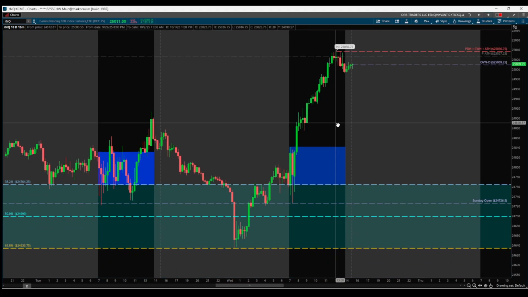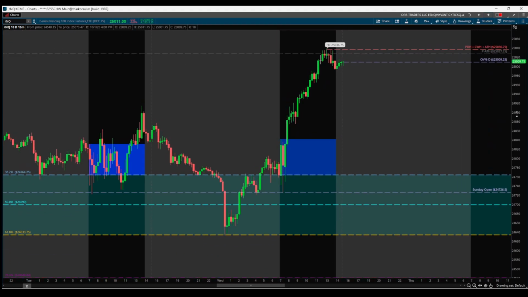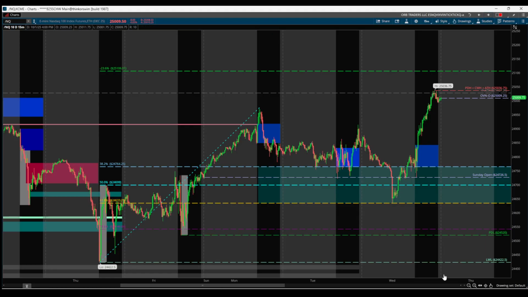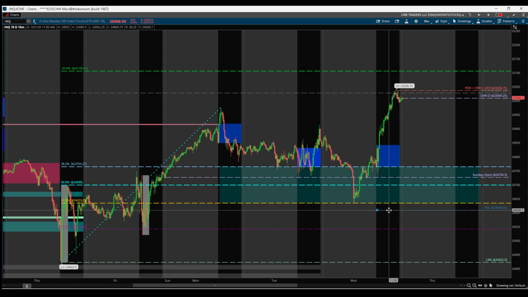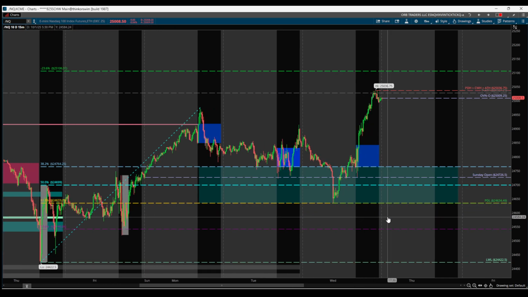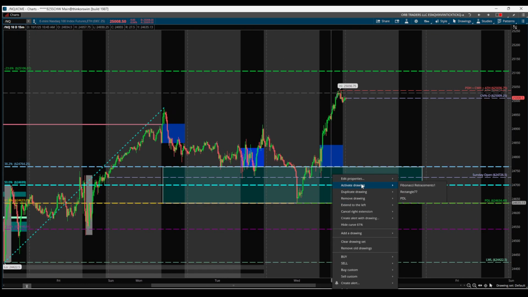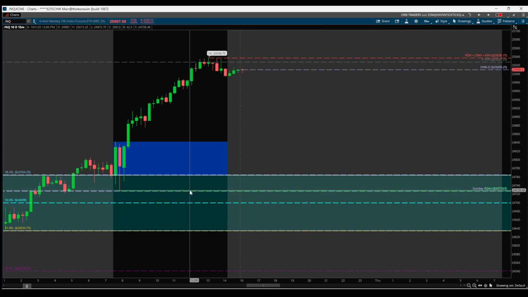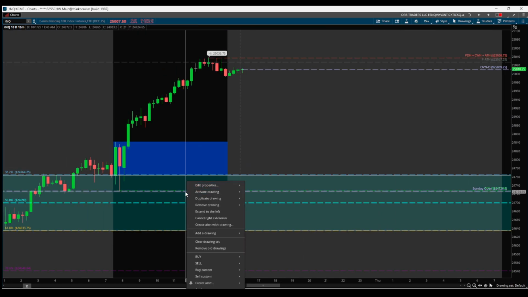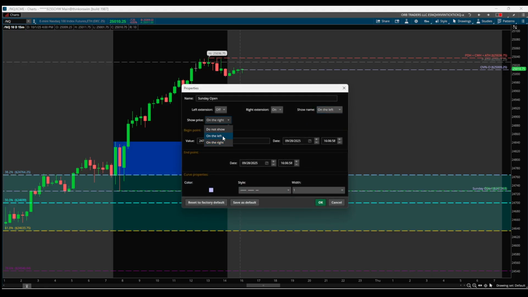Okay, back to the ES or the NQ. Then let's also grab, oh, it looks like I never actually moved that. I don't know why I didn't move that. Probably because it's moving slow today. Friday low up here, right at Sunday's open. So I'm going to adjust a couple things here. Sunday open, moving that to the left so we can see it.